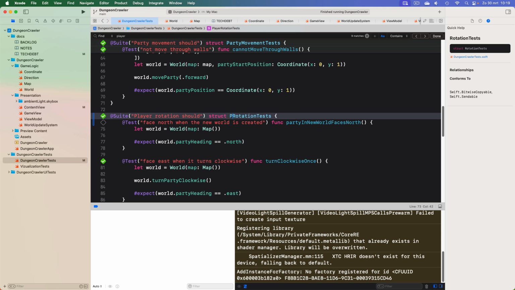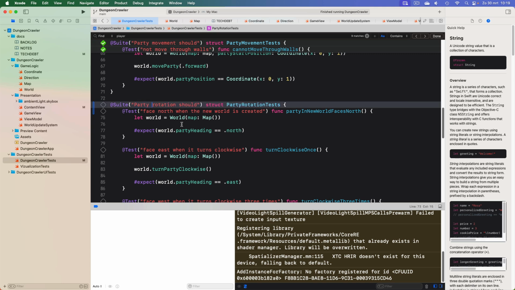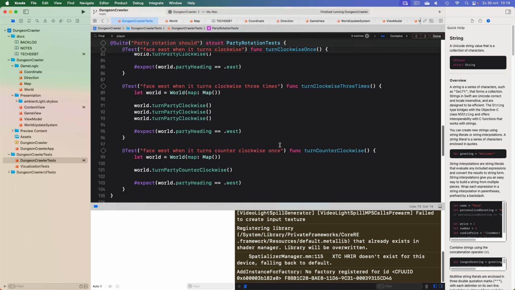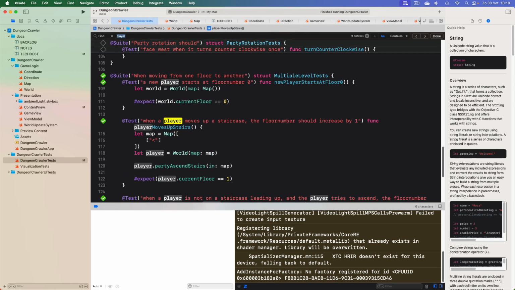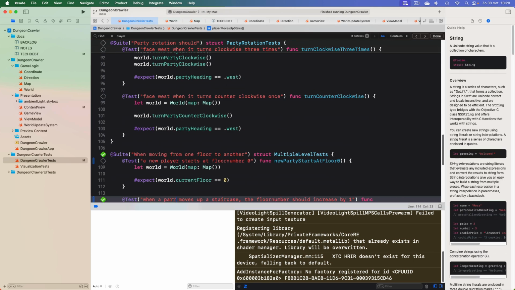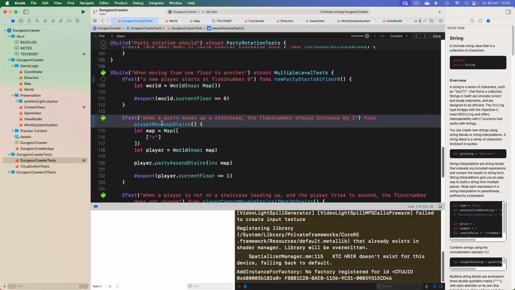These are party rotation tests. When moved from one floor to another, a new party starts at floor 0. When a party moves up a staircase,